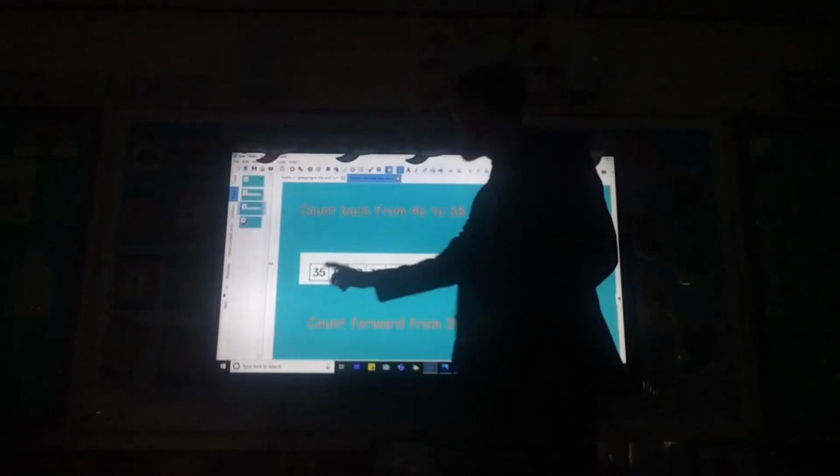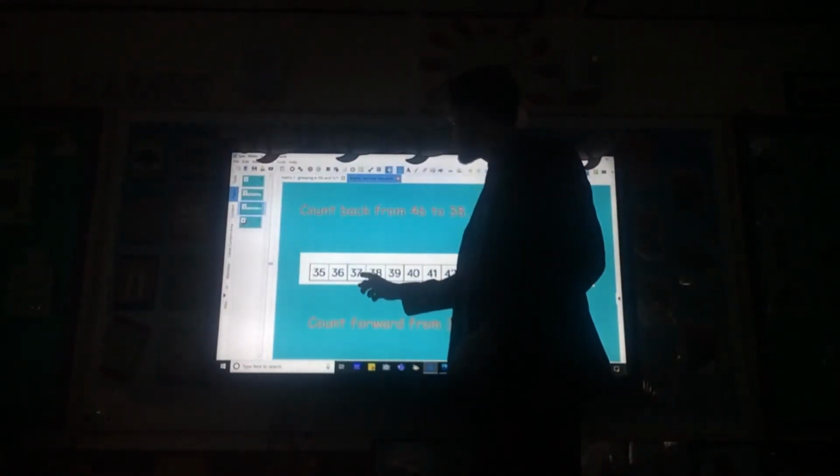Now what we're going to do is have a go at counting forwards. This time we're going to start at the left side, because we're doing a smaller number. We're going to count from the number 35. That's 3 tens and 5 ones. And we're going to go all the way, believe it or not, to 49. So I didn't say we're going to do this. I fibbed earlier, but what we're going to do is, with me, if you want to, 35, 36, 37,